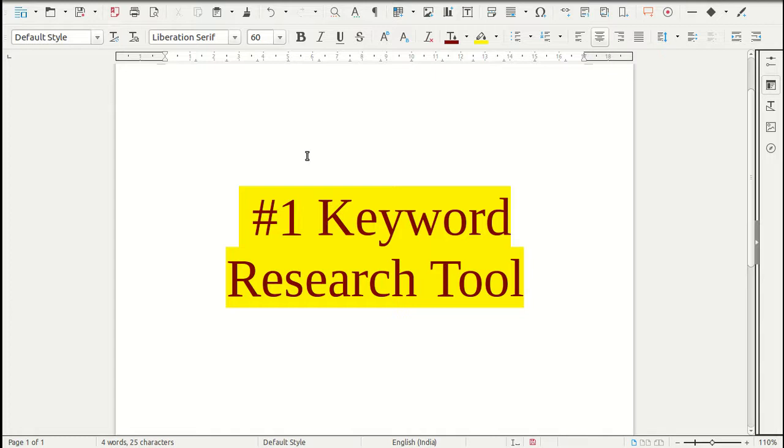One keyword research tool that surpasses Google Keyword Planner and any other keyword research tool present on the internet right now. One tool that can lead you to the best keywords and give you every detail you need, all for free. No hidden charges, nothing it costs you, just one tool, right? And the tool I'm talking about is